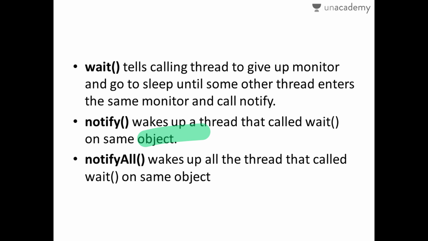And notifyAll is when all the threads are sleeping and one thread comes and wakes up all the threads on the same object, then that is called notifyAll. The basic difference between notify and notifyAll is that in notify only one thread is woken up, whereas in notifyAll all the threads are woken up. And as I have told you, sleep is a static method, whereas wait is not a static method, and it can be for any thread that is sleeping. But whereas sleep resumes by itself, here it needs to wait for another thread to notify.